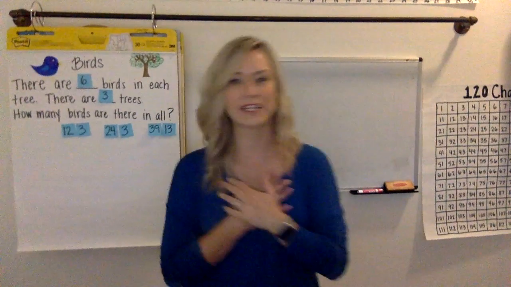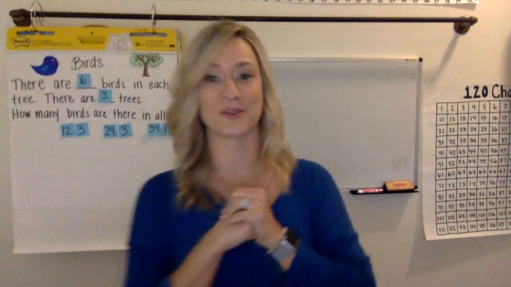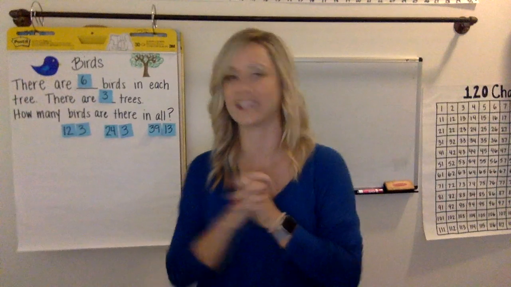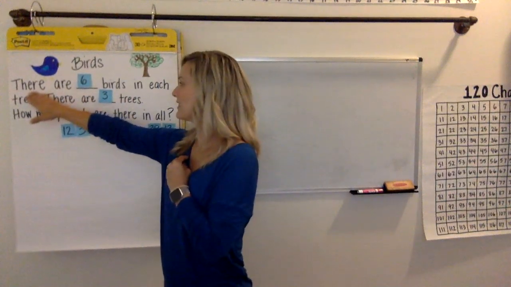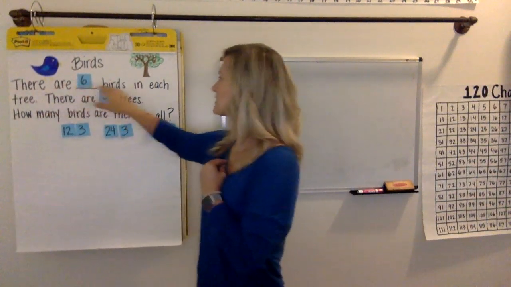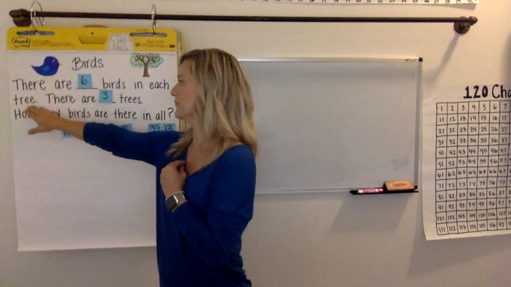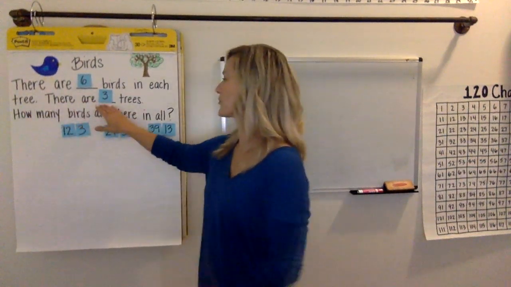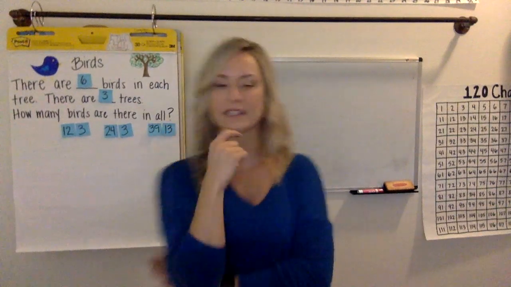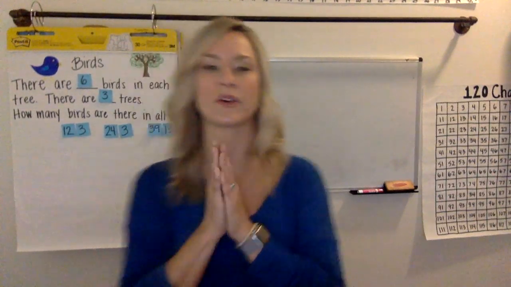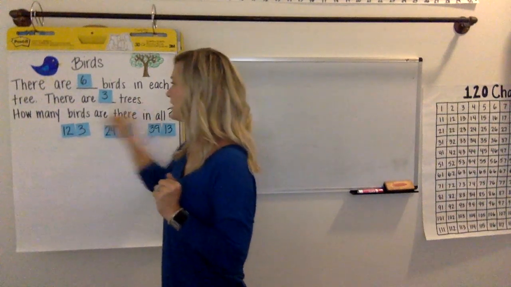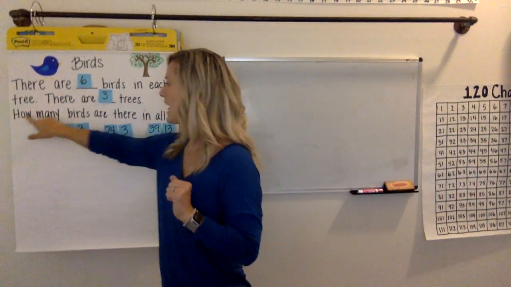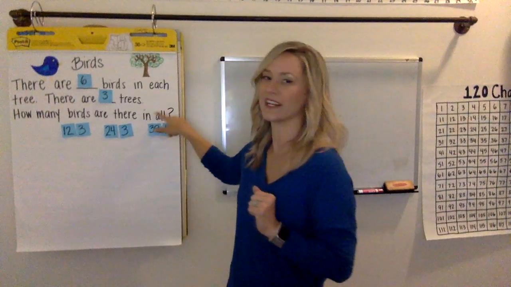And now I need to read it back so that I really understand what the story is asking me. So let's read it back again. Ready? Read it with me. There are 6 birds in each tree. There are 3 trees. All right, everybody stop to imagine that. All right, 6 birds in each tree. And there are 3 trees. Okay, so I have that picture in my mind, and we're trying to solve how many birds are there in